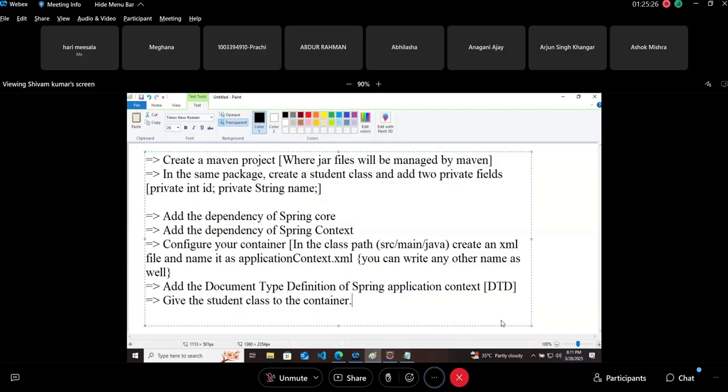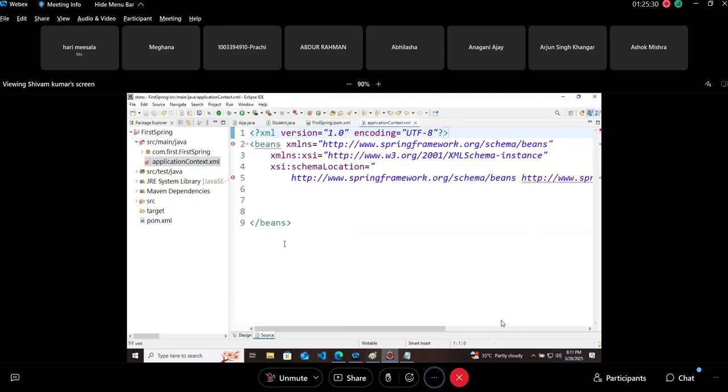Now, if you remember, how does the container manage things? How does the container manage the object using a bean? So no problem. Inside this beans tag, create a bean tag. Simple bean. Created?